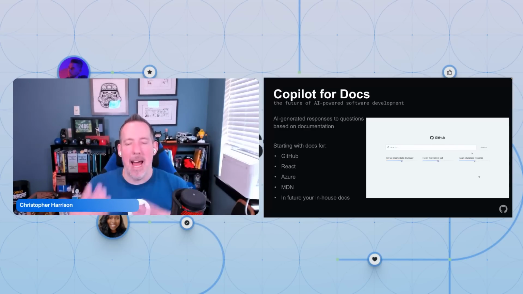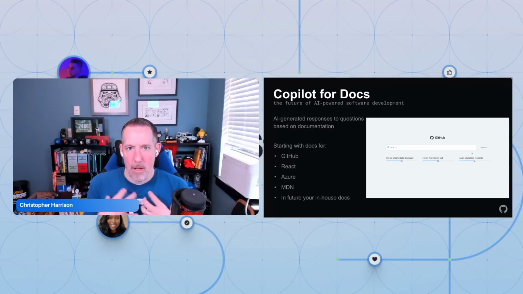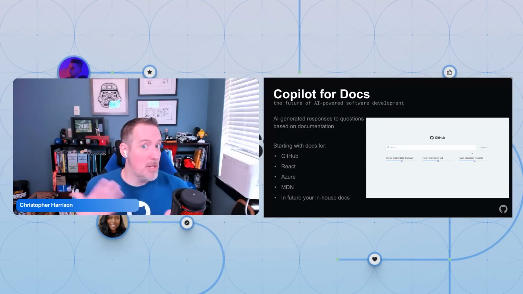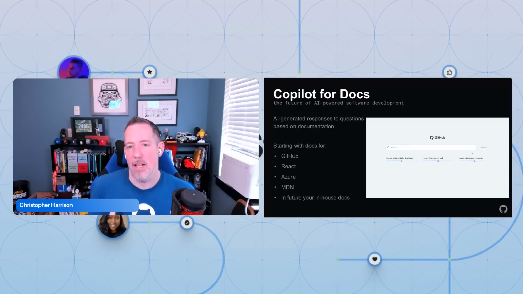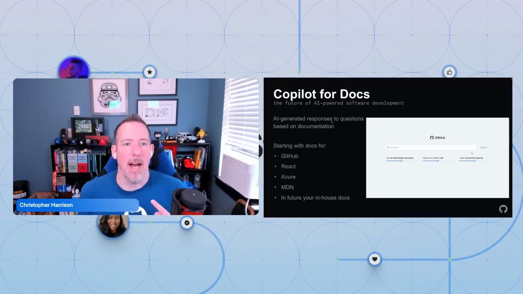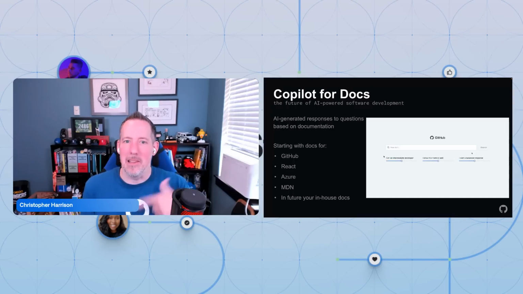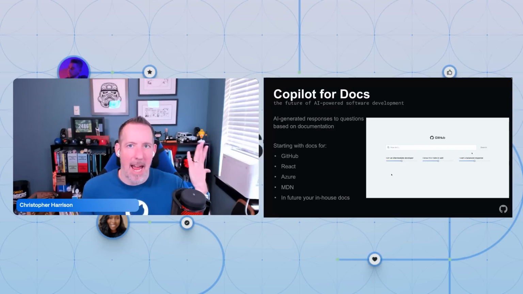And so now it's going to help make that documentation that much more consumable for me as a developer, as an experienced developer, as a novice developer. And what I also really like, and unfortunately I don't have a demo of this, about Copilot for Docs is the fact that it will also give me a link to where it found that information. So if I go in and I say, hey, how do I create a component, or how do I do something with,